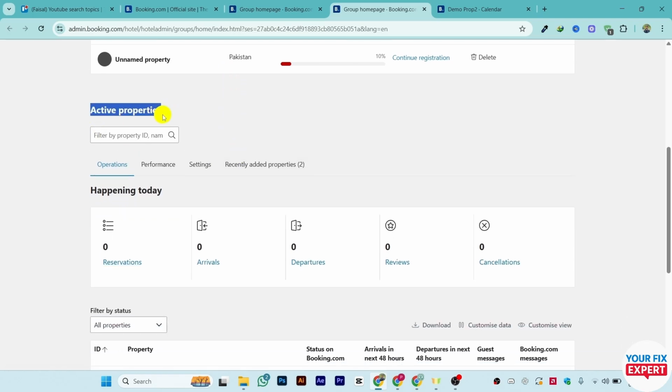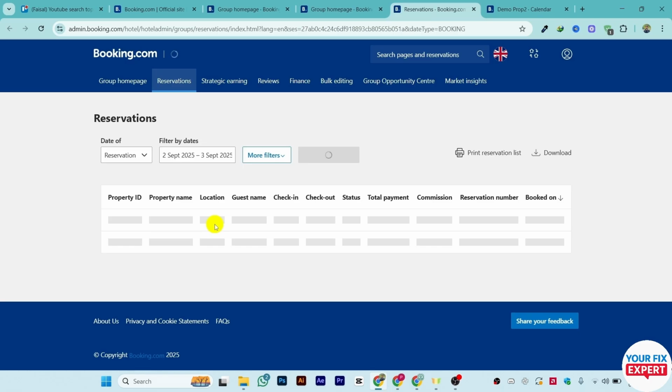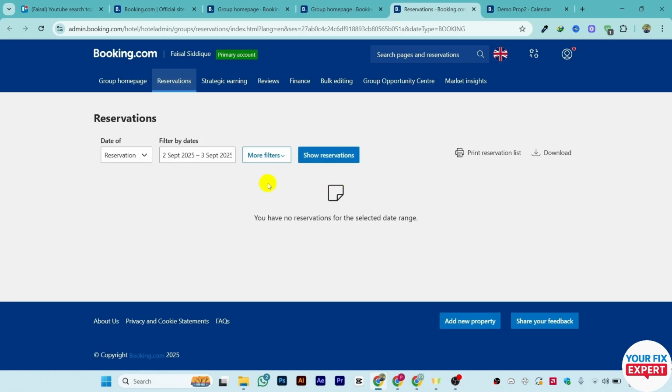inside the active properties you will see all these options like operations, performance, settings, and recently added properties. So from this section inside the operations, just scroll down and just click on the reservations. Inside the reservation you will see all the list of reservations that you have. Now I don't have any reservations because I did not add any reservations, so you will see the list of